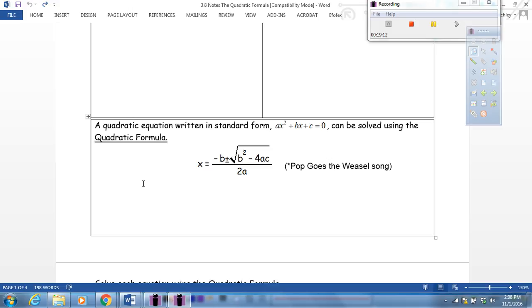Okay, we're going to sing it. It's the song Pop Goes the Weasel. Okay, for those of you who forget the Pop Goes the Weasel, like